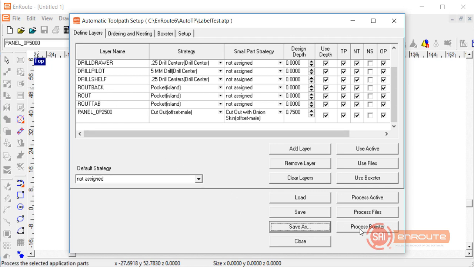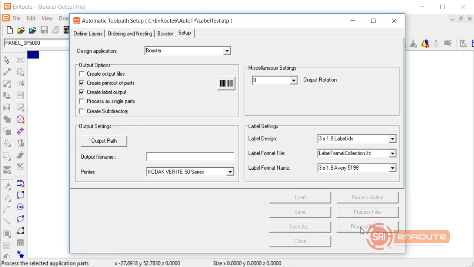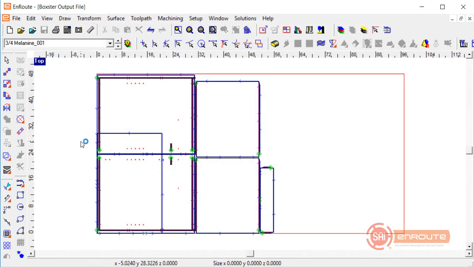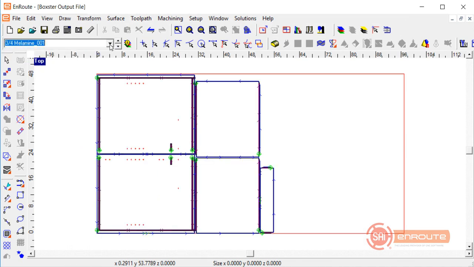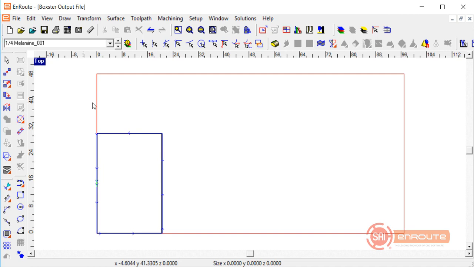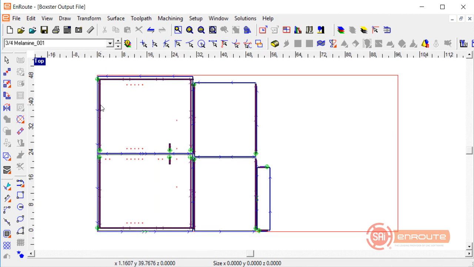So now I'm going to come here, and I would normally have create output files checked, and it would create an output file, and it would be ready to cut at the machine, but I'm not sure which machine is being used. So in this case, I'm just going to hit process Boxster, and I'm not going to create the output yet. What this did is it created 2 layers for me. It's created a 3/4 millimeter layer and a 1/4 millimeter layer. As many layers that are created, you'll create your